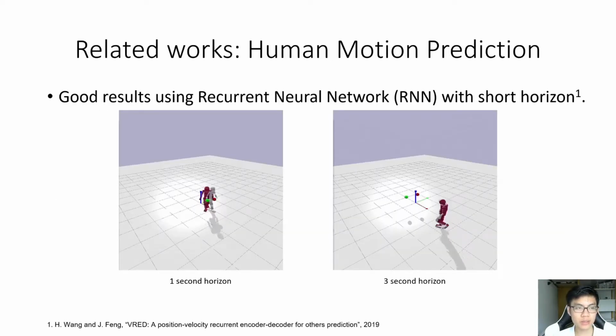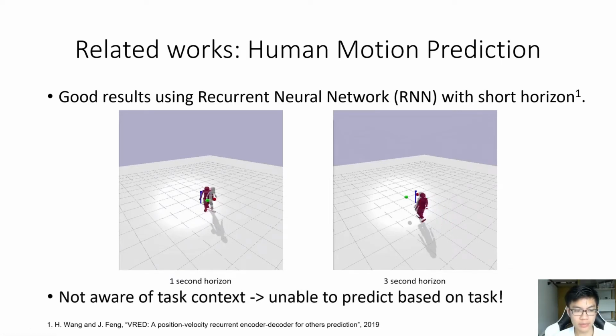It has been shown that a recurrent neural network predicts very good results with a short horizon. However, with a longer horizon like 3 seconds, the prediction of the human in red and the ground truth in white start to diverge. And this work also has no notion of task context, so it is unable to predict based on the task